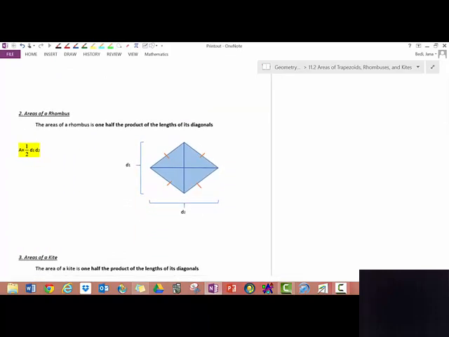The area of the rhombus can be found by just multiplying the diagonals and dividing by 2. I want to remind you that when you have a right triangle, you may use the Pythagorean theorem to calculate half the diagonal length. So for example, if you were given this is 5 and this is 4, you could find this x, and the two x's would be congruent. You could find x using the Pythagorean theorem, and you could find both d1 and d2